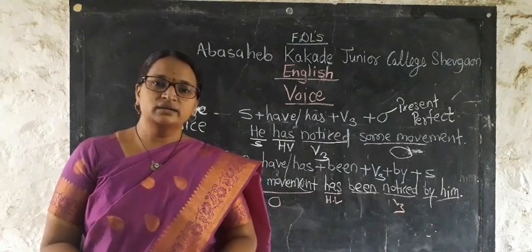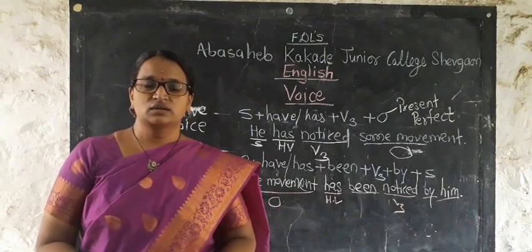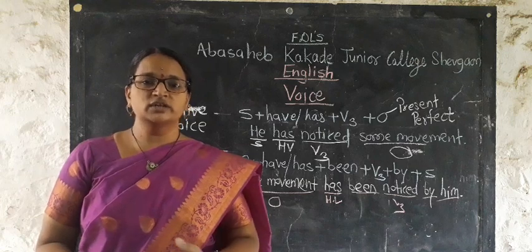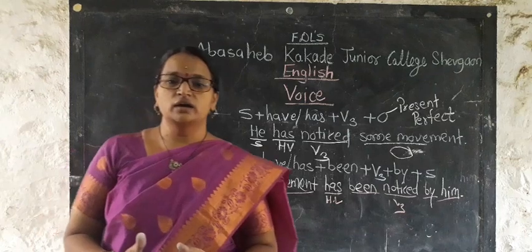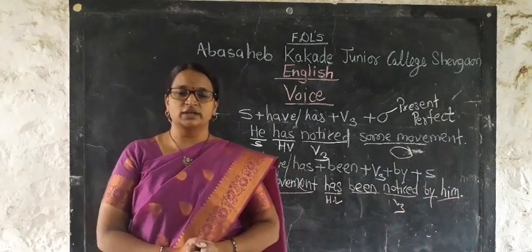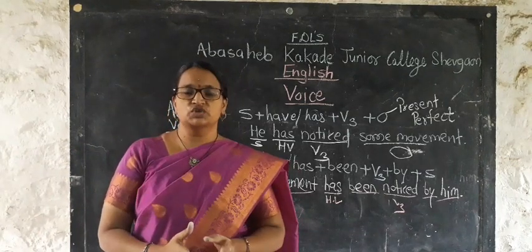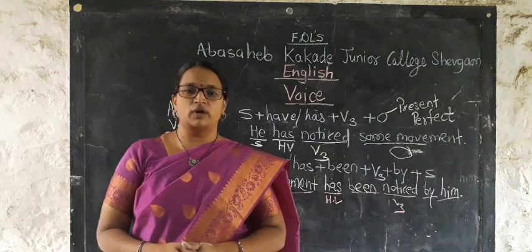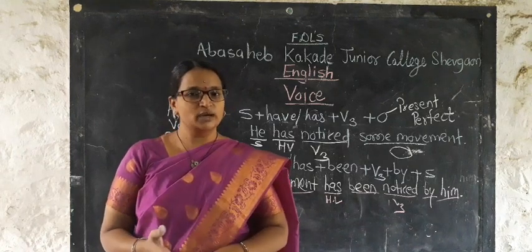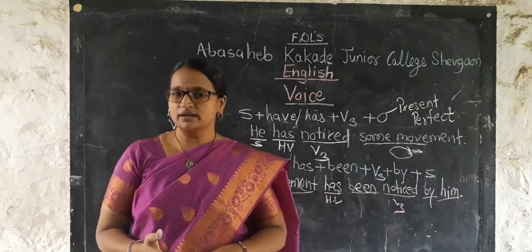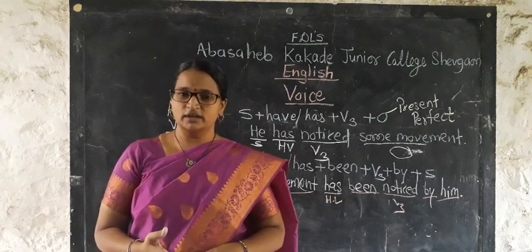But we can't change present perfect continuous tense into passive voice. So here today we have studied how to change active into passive voice or passive to voice of the simple present tense, then present continuous tense, present perfect continuous tense,